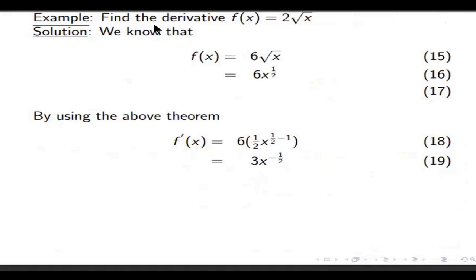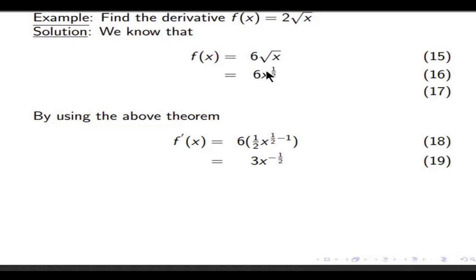We have an example here. Find the derivative of f of x is equal to 2 radical x. 2 times radical x, no? We know that 2 times radical, okay. Sorry, here it is 6. 6 not 2. I'm very sorry, this one is 6, it is a typo error. So f of x is equal to 6 times radical x,